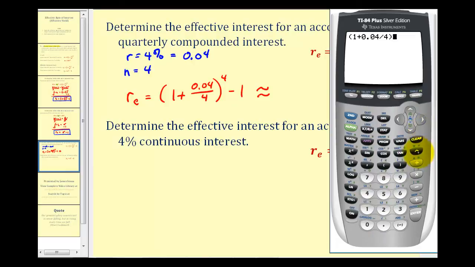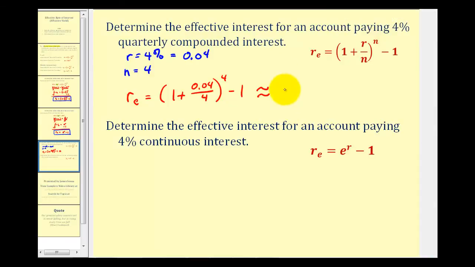We want to raise this to the 4th power, and then subtract 1. We'll go ahead and round this to 4 decimal places, so it's approximately 0.0406. To convert this to a percentage, we multiply by 100. This is going to be equal to 4.06%. So this is the annual simple interest rate